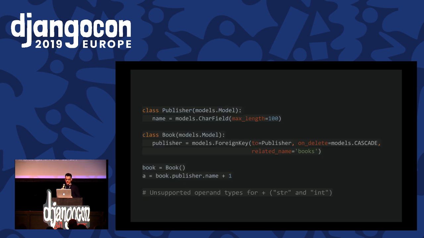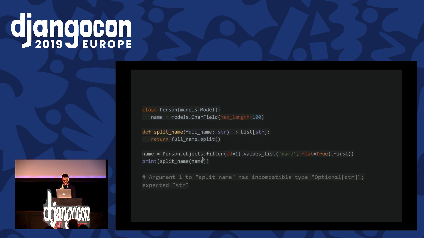Let's say you have a relation, a foreign key, to a related model, and you try to access that on another model and access a field on that. It will also be able to follow that relation and type check that field. So in this case, you can't add an integer to a string, this name on the publisher. And finally, a more complicated example,